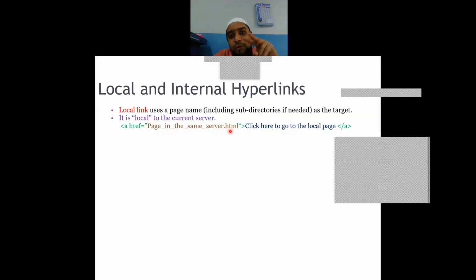Here there are two situations. One is that the page you are going to navigate to may be within the same folder in which you have written the first program. If it is within the same folder, then you need not mention any directory path here. But suppose the second program is saved in another drive.